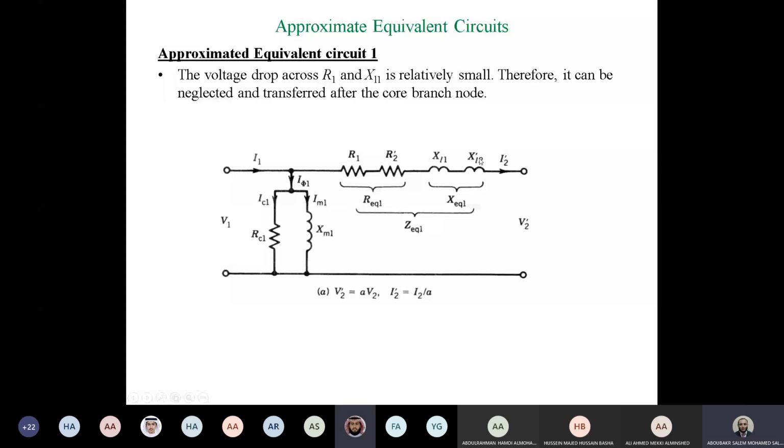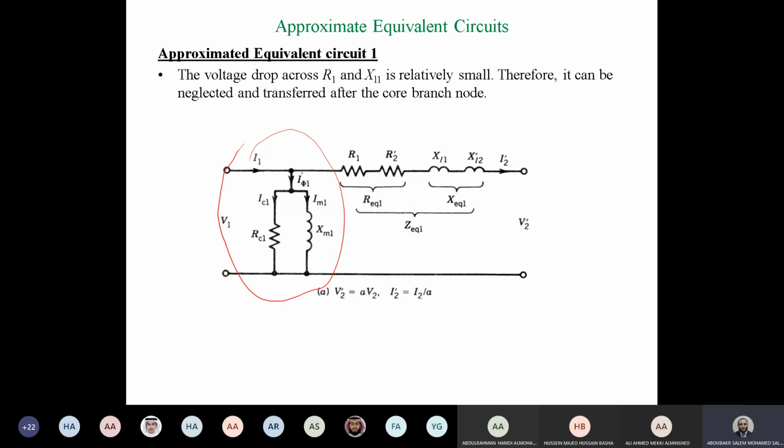If the current is 0? 0, exactly. So in this case, the equivalent circuit only will be this part. Is it right? So this part represents the open circuit equivalent circuit,